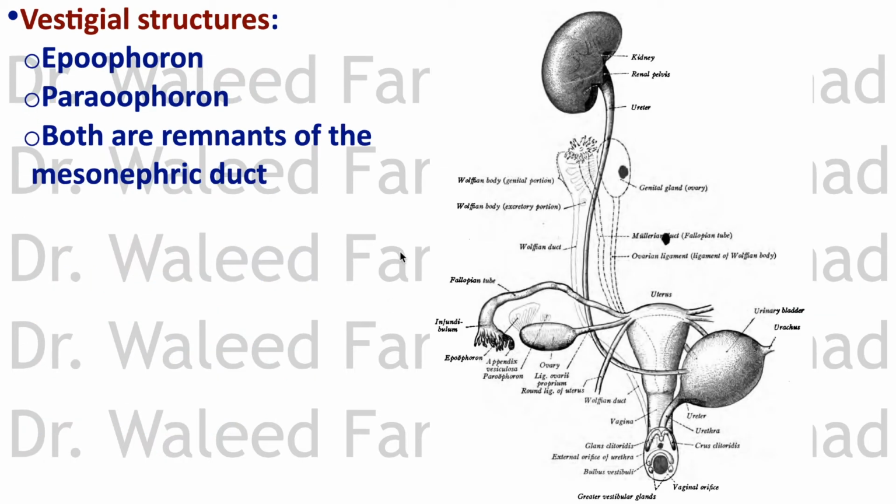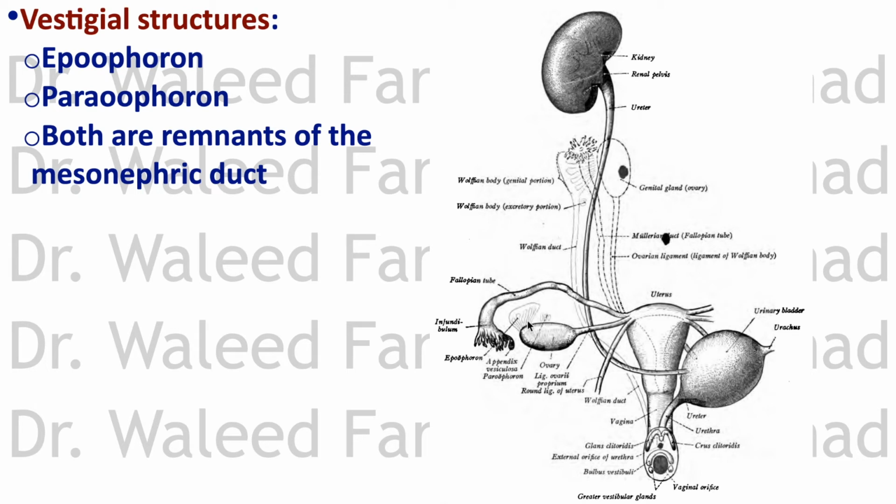There are vestigial structures, remnants of, since this is a female, the Wolffian duct or the mesonephric duct. As you can see here, this is the Wolffian duct, this is the Mullerian duct that became the uterine tubes and gave rise to the uterus as well. See the remnants here in the Wolffian duct that was destined to be the epididymis and the efferent tubules from the testis, now became vestigial, and the remnants are called,